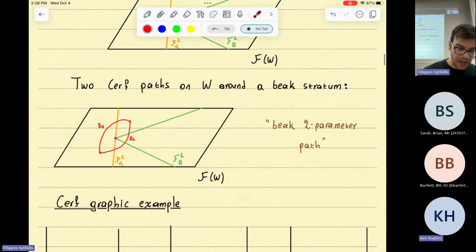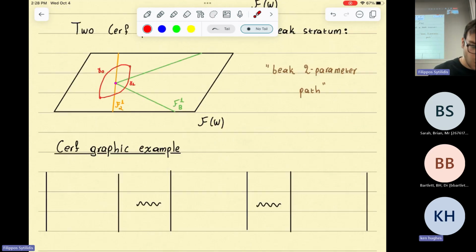So again, if you'd like to see what gamma 0 looks like, you would have a situation where this here is, let's say, a birth from first